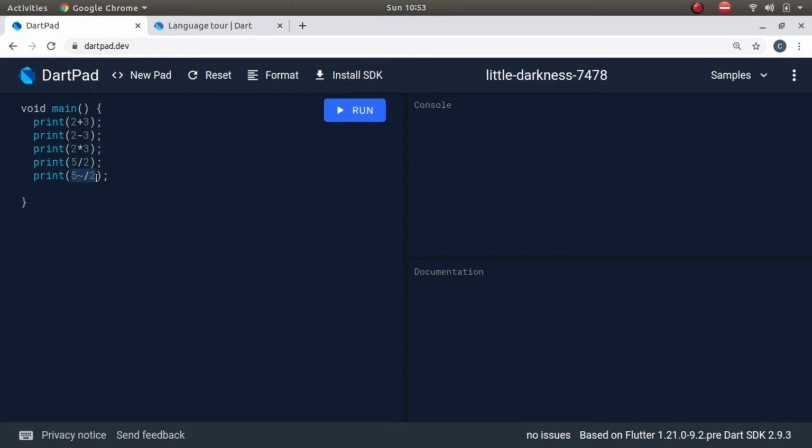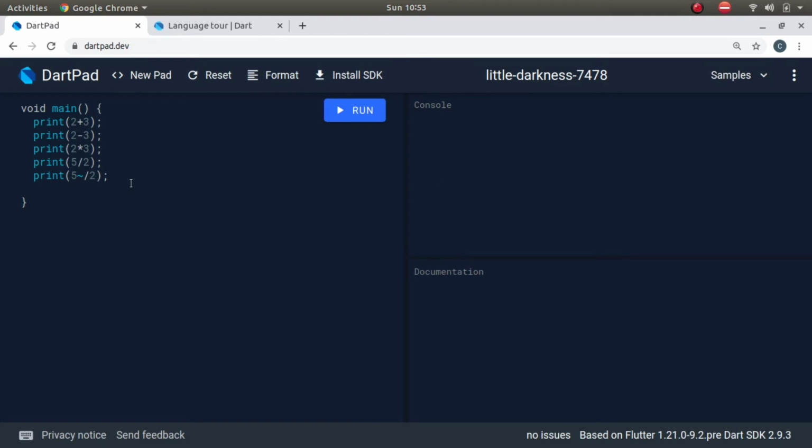Like 5 divided by 2 is 2.5, we know that, and here we truncate 2.5. Now there is another thing. 2.5 is rounded to 3 by humans in general maths, but Dart truncates it to the previous integer.